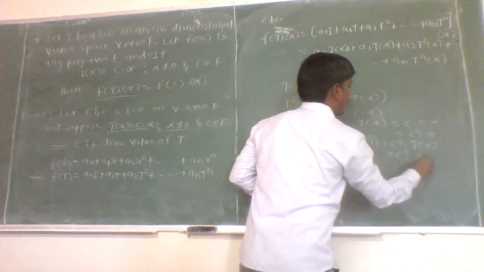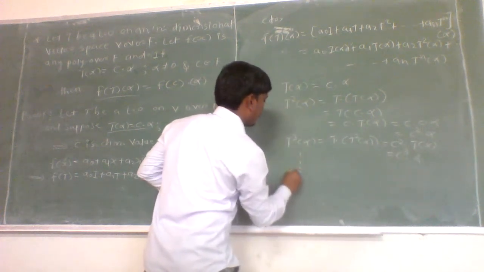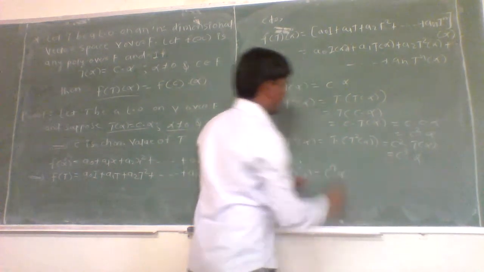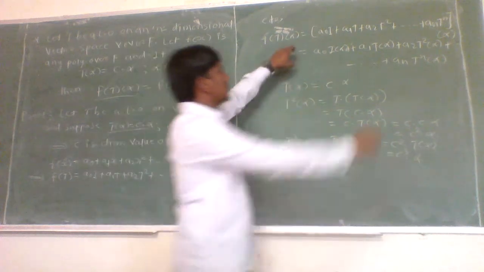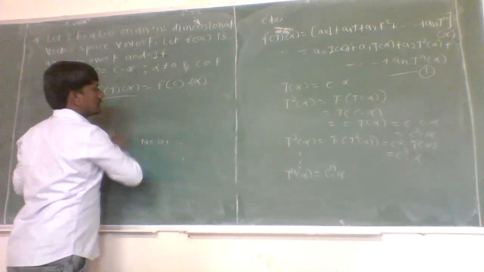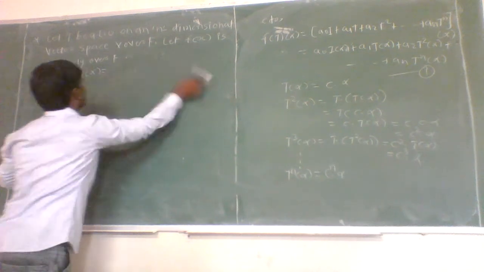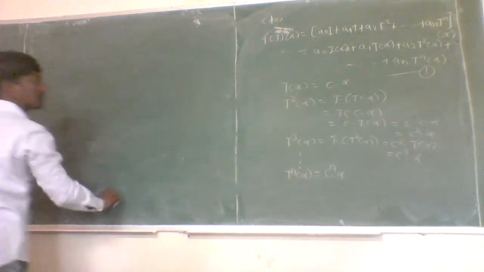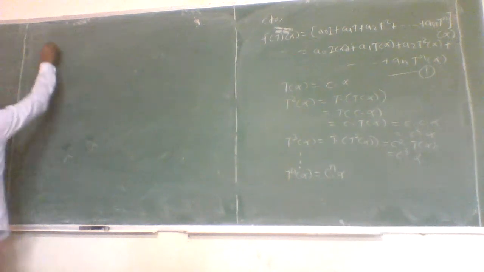Okay. Now up to so on, T to the power n of alpha is equal to c raised to n into alpha. Now we have to put these values in this equation. Then we get